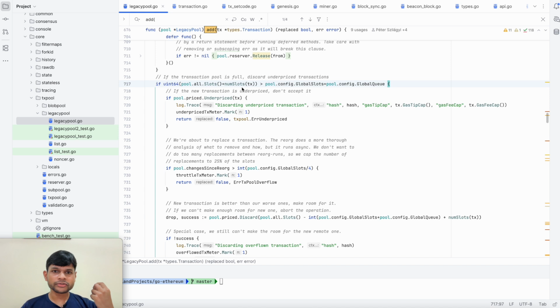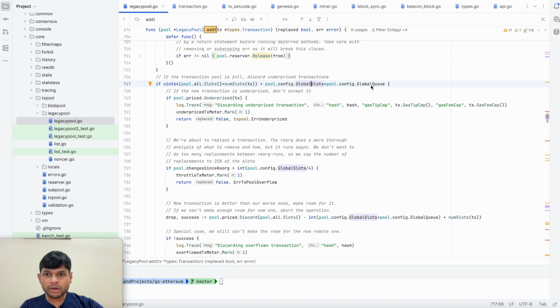And what is this check? Here we are checking that all our current slots plus what extra slot our transaction is going to bring, if that goes higher than the total available slots. So why am I talking about slots? Why am I not talking about just the transaction numbers? Because different transactions are of different sizes. So the key way to measure a transaction's load is by talking in terms of slots. Some transactions may take up lots of slots, and in Ethereum the data storage is done in terms of slots. One slot is of a certain fixed size. So here